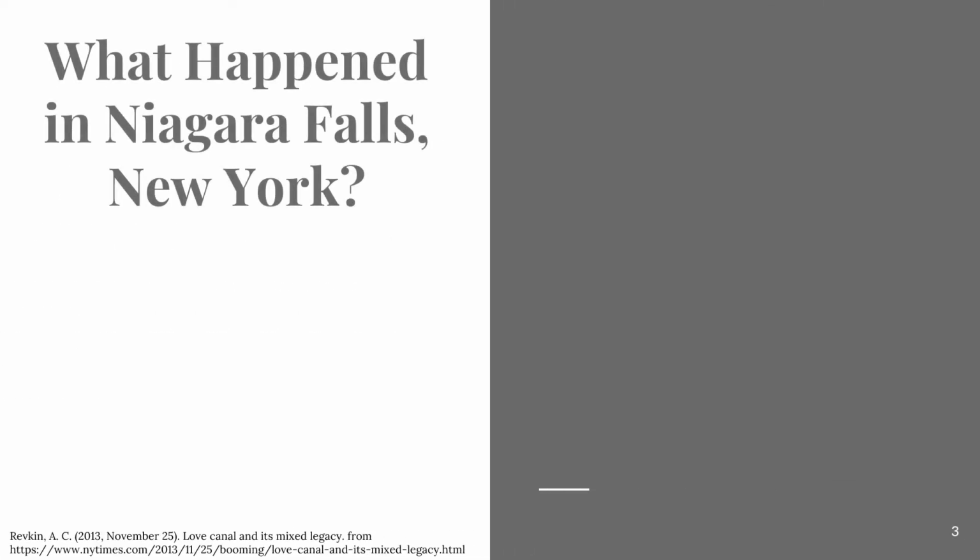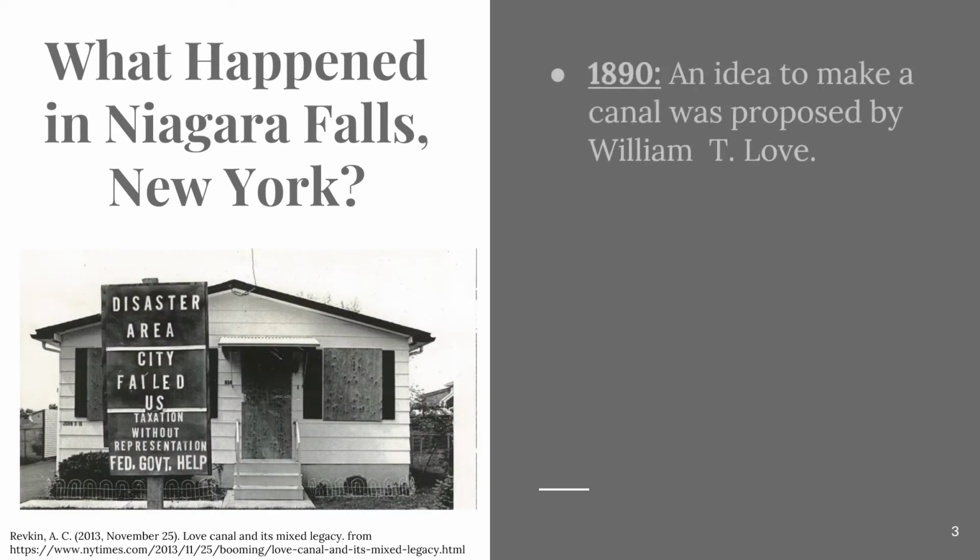What happened in Niagara Falls, New York? In 1890, an idea to make a canal was proposed by William T. Love. This canal was to connect upper and lower Niagara rivers. The idea was that it would allow hydroelectric power to be generated. However, due to fluctuations in the economy, the project could no longer be funded and the Love Canal was abandoned,